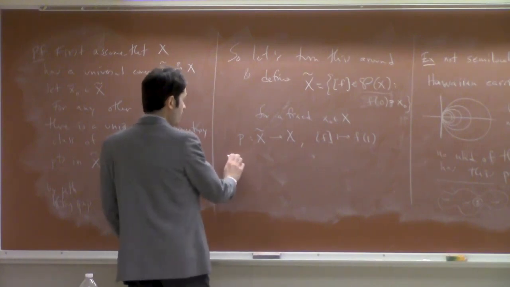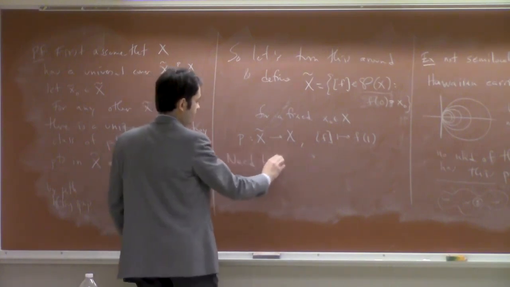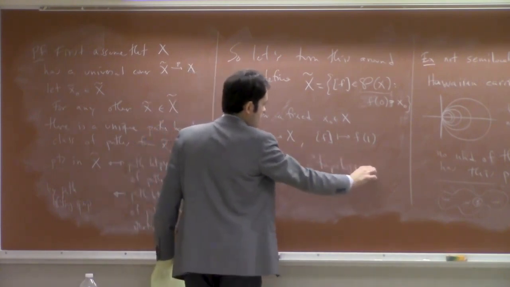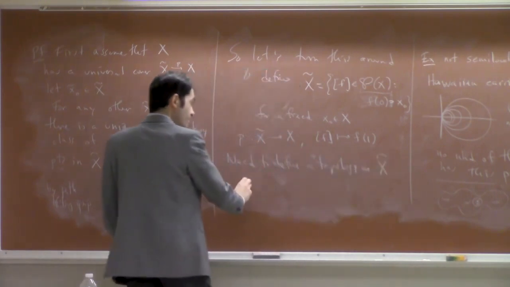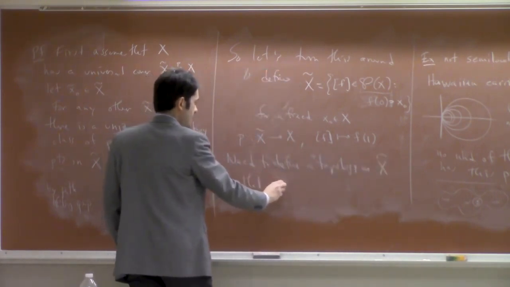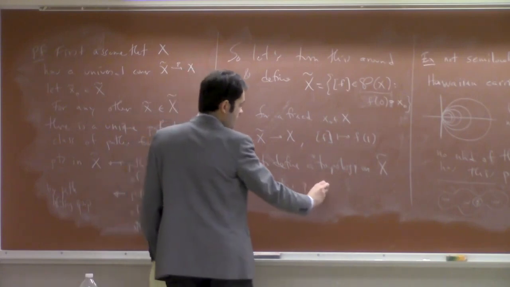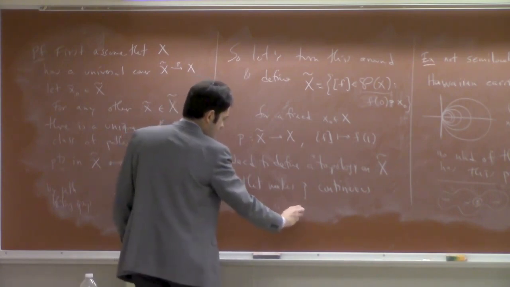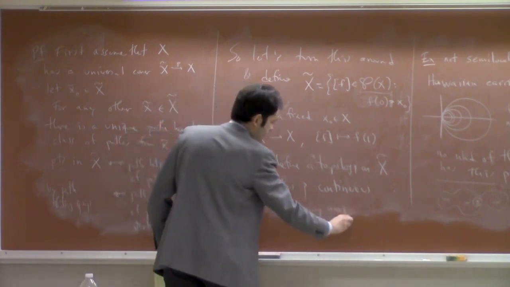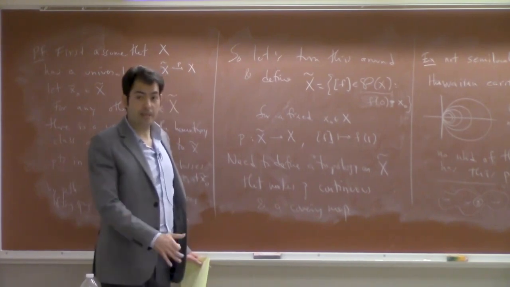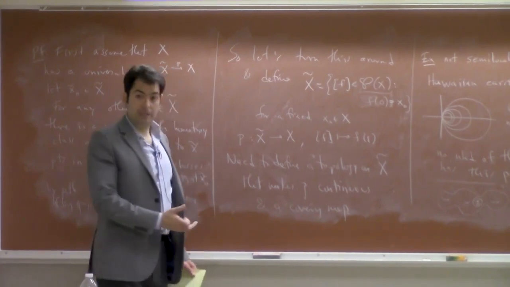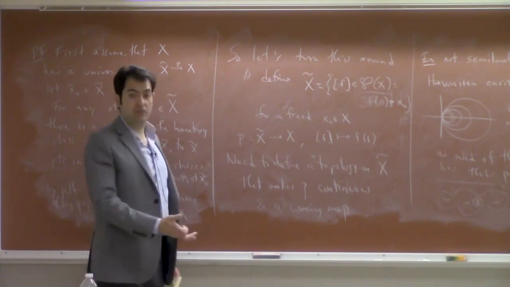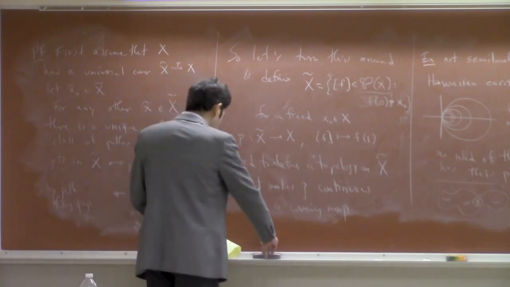So we need to define a topology on x tilde that makes P continuous, first of all, and a covering map. Okay? Now, we need to define a topology. One very convenient way of defining a topology is to define a basis for the topology. So let me remind you